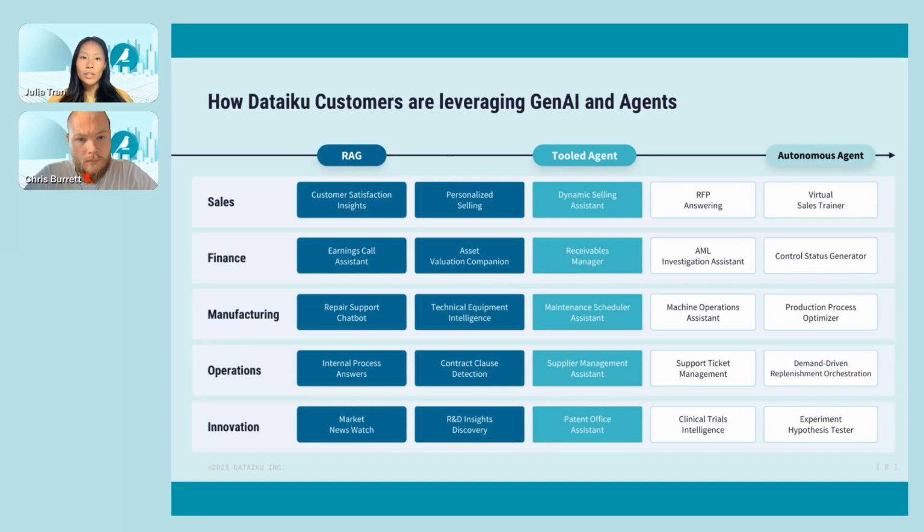So, why agent orchestration matters? As a reminder of what makes agents different from Gen AI apps. Gen AI apps to this point primarily produce content, text, images, code, and so forth from a prompt. AI agents go beyond content generation to take meaningful action, so incorporating memory, reasoning, goal setting, and adaptability. At Dataiku, we're seeing our customers leverage agents across every industry and every use case, from sales to finance and manufacturing to pharmaceuticals, for answering things like RFPs, investigating money laundering, and even clinical trials intelligence.